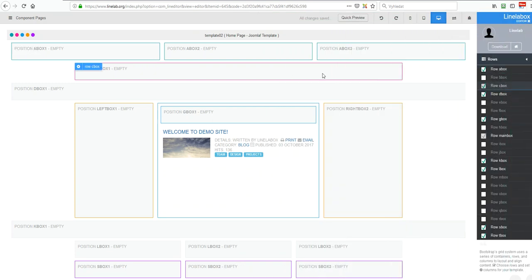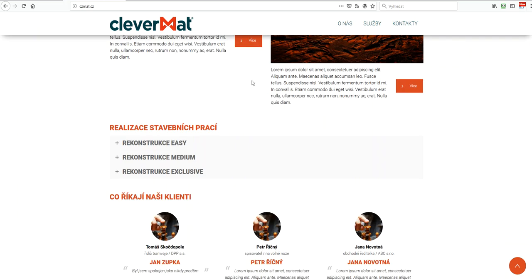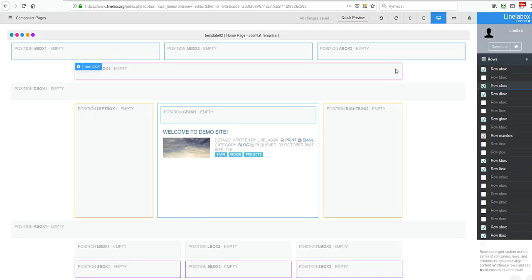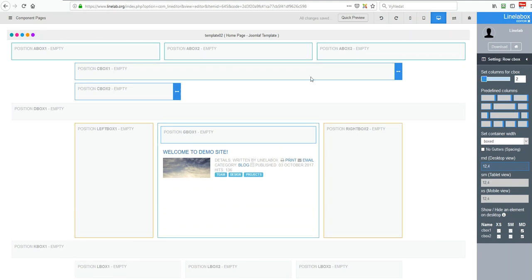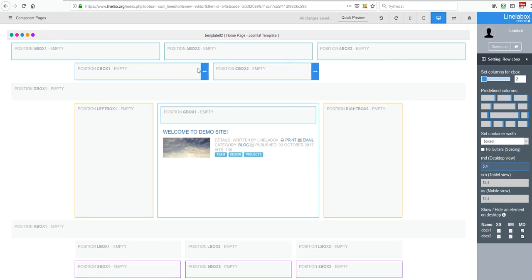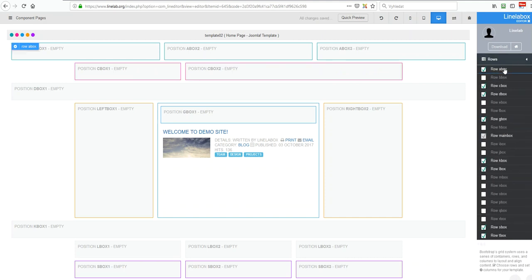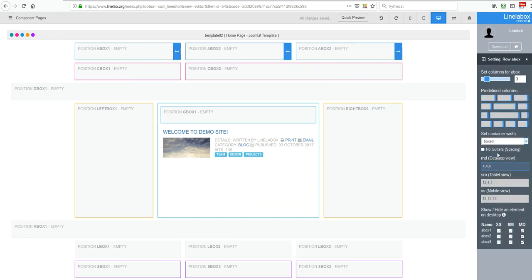If you want to create a menu that is top fixed, which means that it stays on the top like this when you scroll, you need to place this menu in C box. So I will skip the row B box for now and continue with C box. I wanted to have 2 columns in my C box, so I will make it like that. And I also want to use the boxed template, so I just change my A box back to boxed